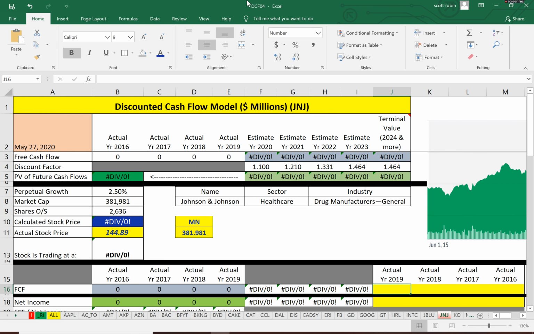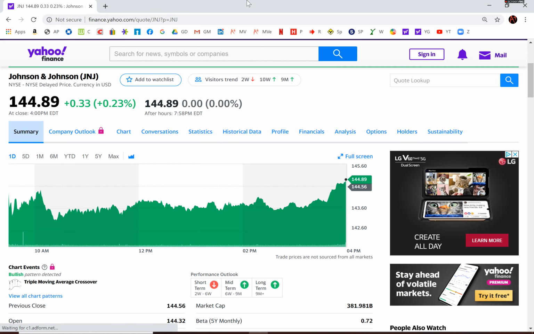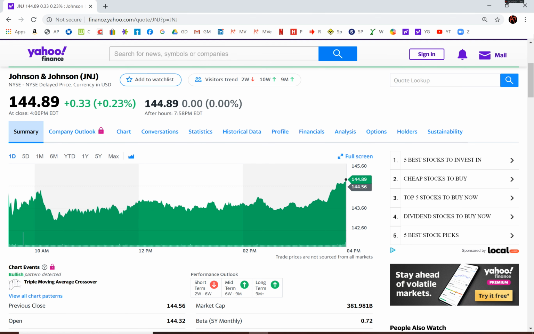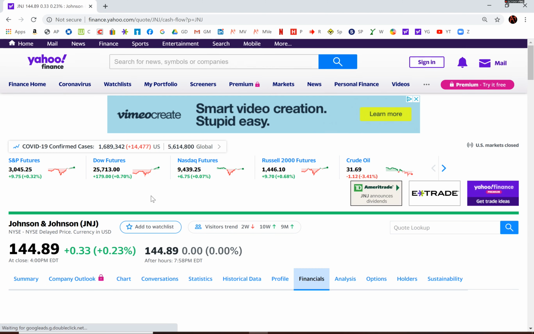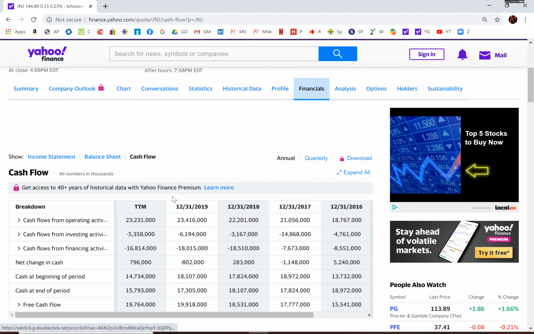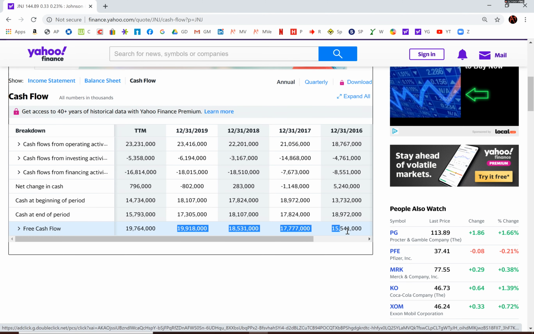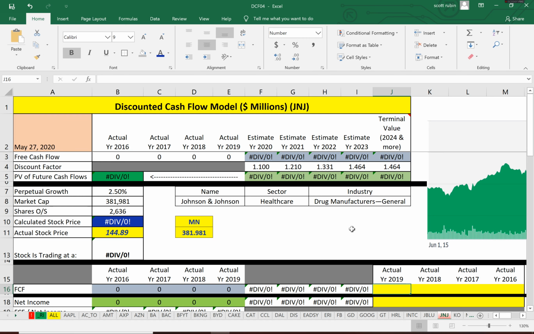Next we need the free cash flow. And that's the best way to value a company, is you predict the future free cash flow and then discount those numbers back to today's dollars, and then you get the value of the company. And that's what we're going to do